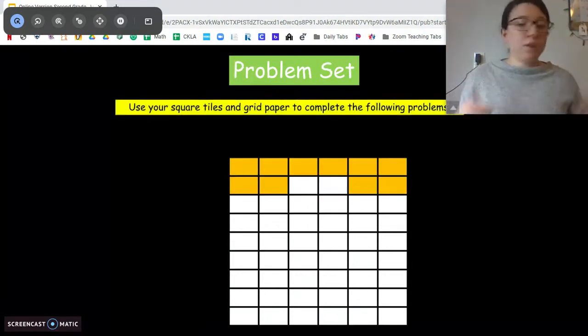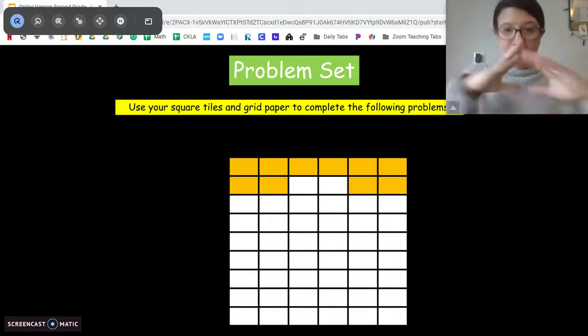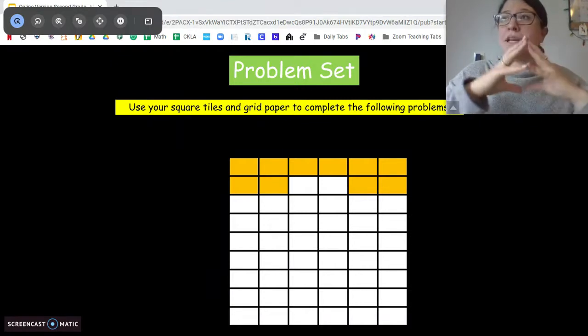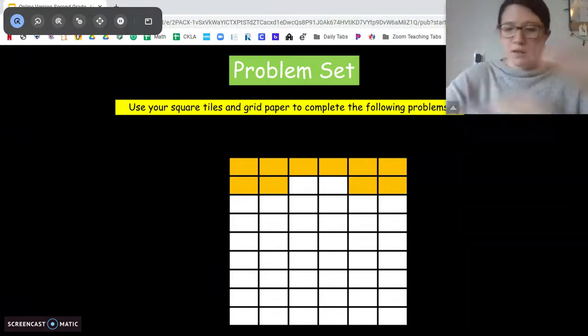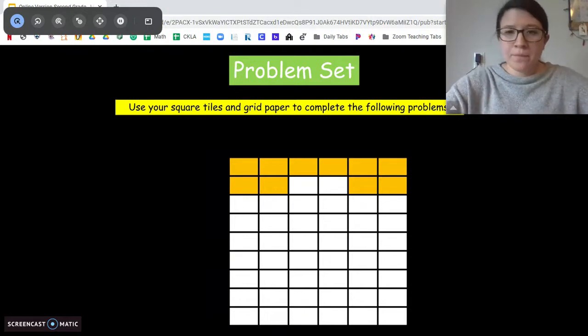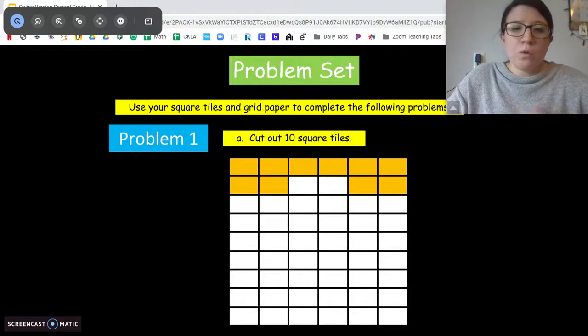So what you can do on your own, or again, follow along with me, is make this design. Okay, so then we're going to turn this into a tessellation. So here's our design. So pause the video if you're making it on your own. Copy this onto your grid paper. Now from here, we're going to